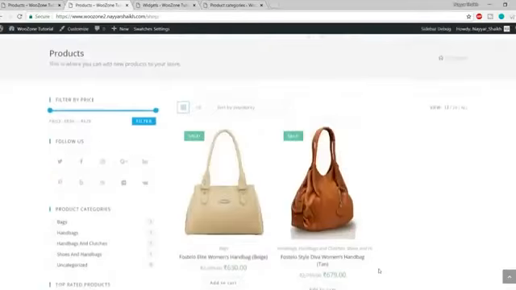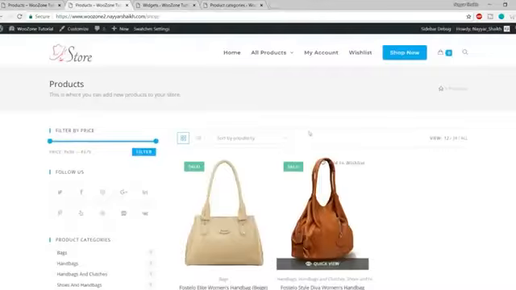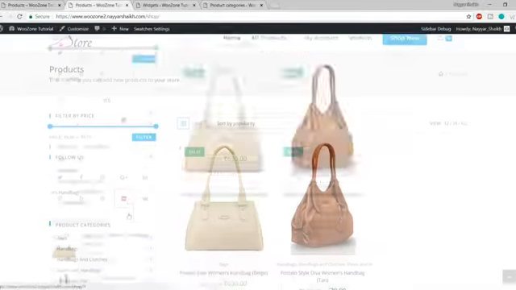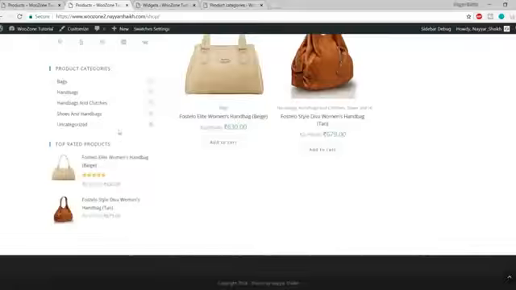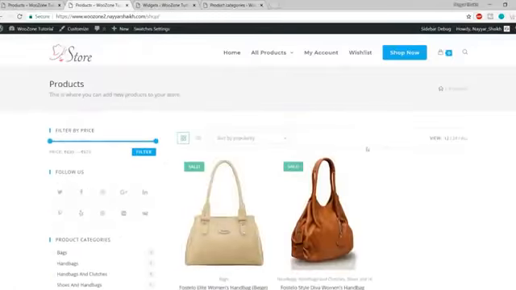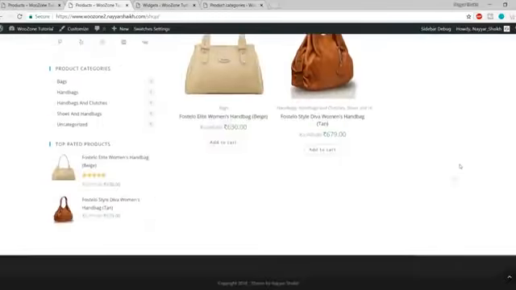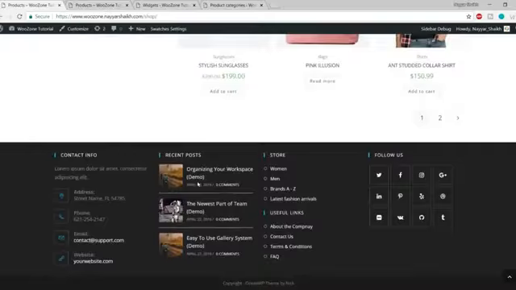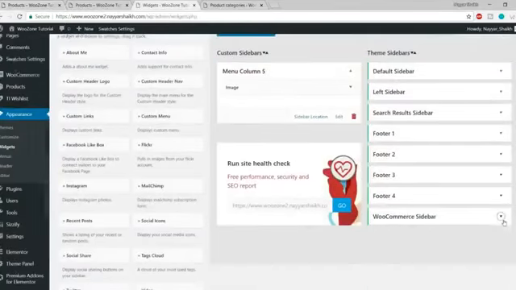Okay, so with this we have also completed the shop page, how you can display the shop page and a different sidebar for this one. Okay, now let's do the final thing, which is to change the footer widgets. We have some widgets used in the footer. Let's add these widgets. Okay, so again, in the same page under the footer one, what we'll do first one